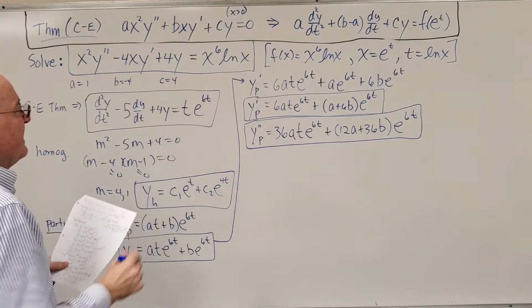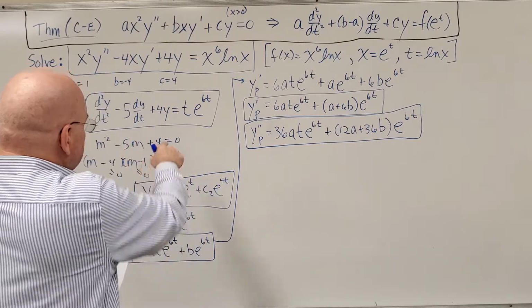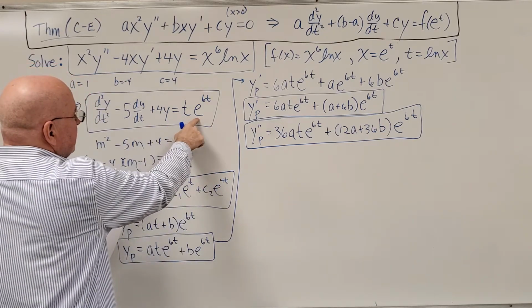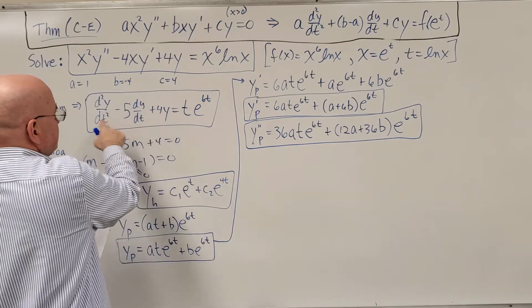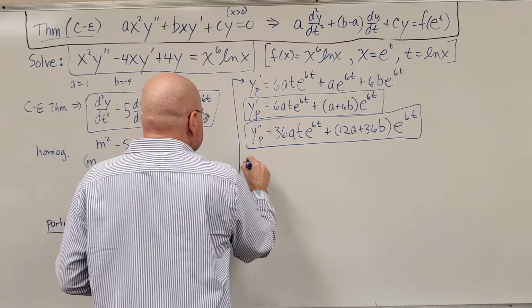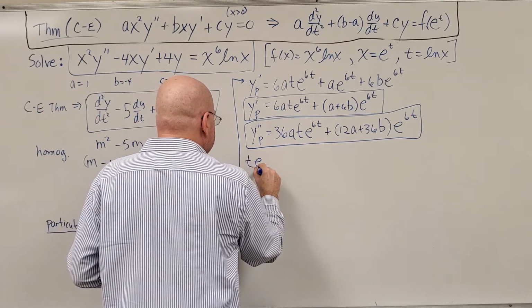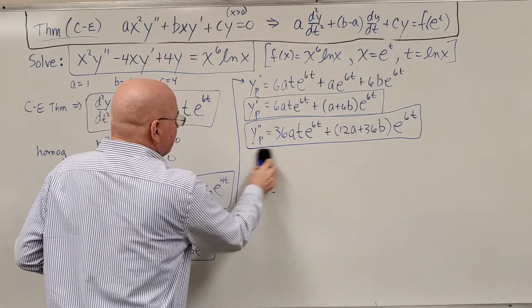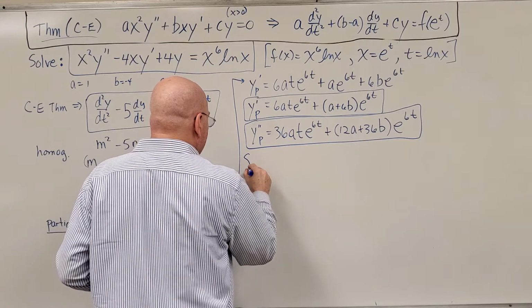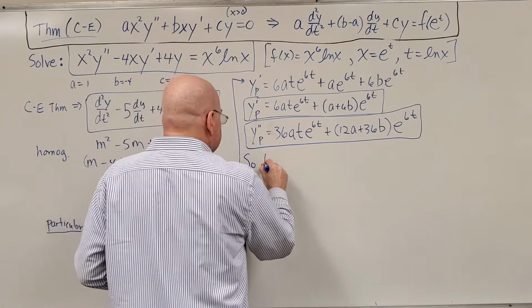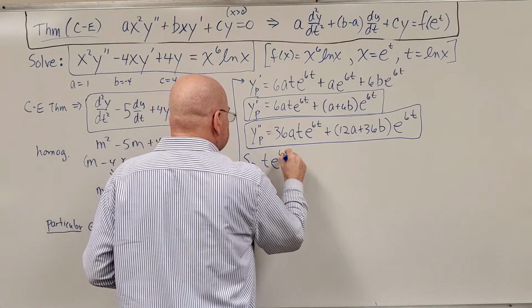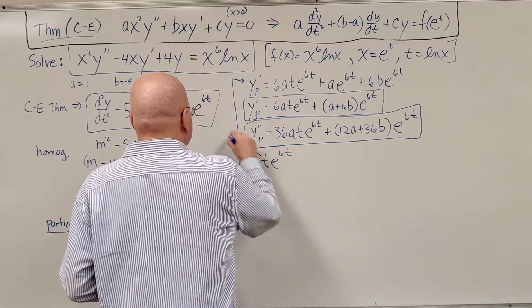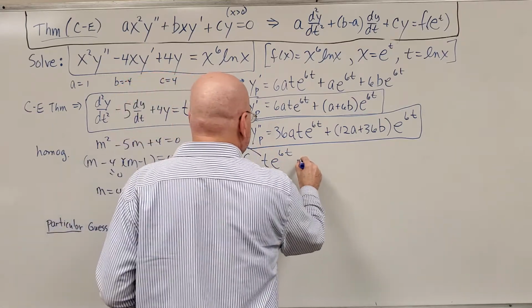All right, so this thing right here, te to the 6t, is equal to all this. I'm going to put that first. Te to the 6t. Let me put, so we know we're starting something new, te to the 6t is equal to